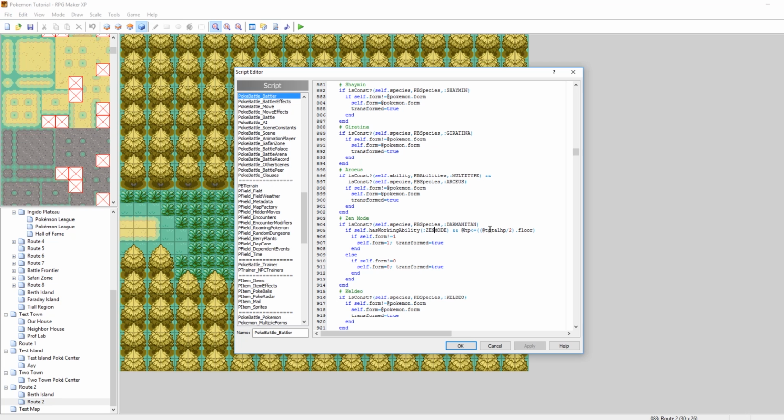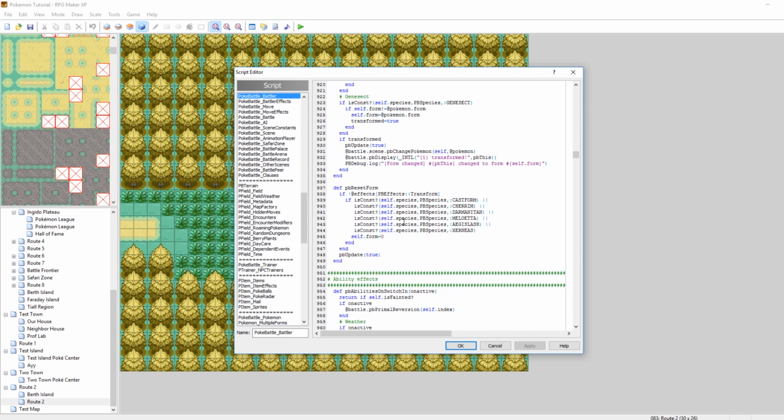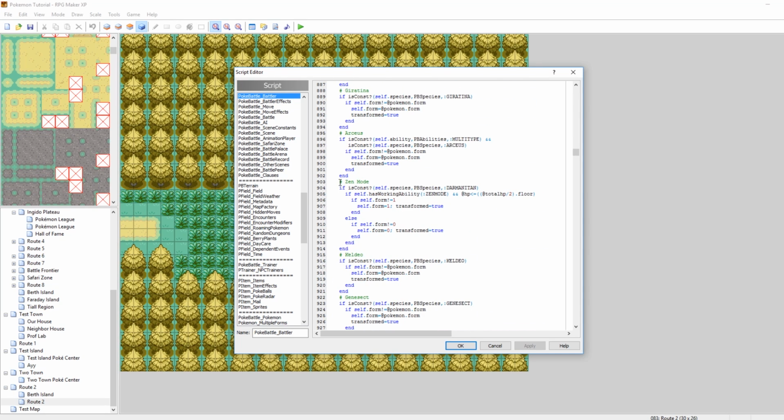If your ability is Zen mode, and your health is below half, then it changes your form to 1. Otherwise, your form is 0. And then, at the end of the battle, it resets its form back to 0 when the battle's over. But this is really interesting. So you can have Pokemon change their ability if they have less than half health, or, you know, if this